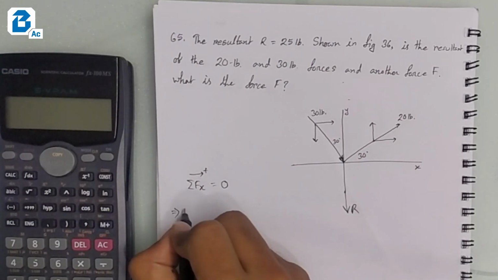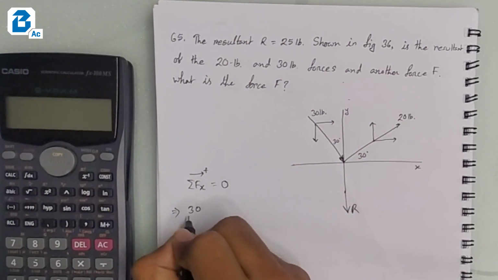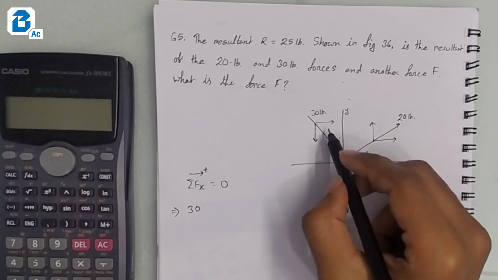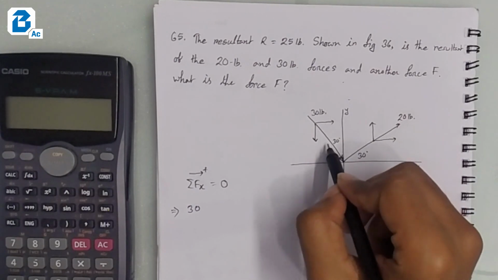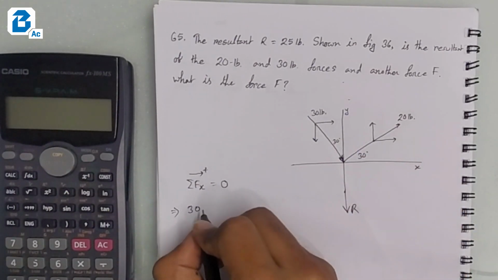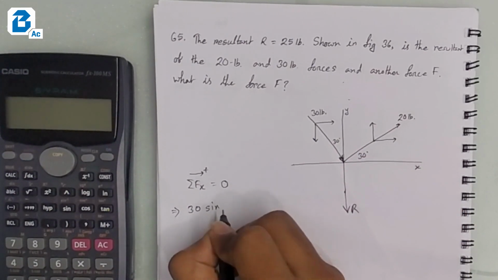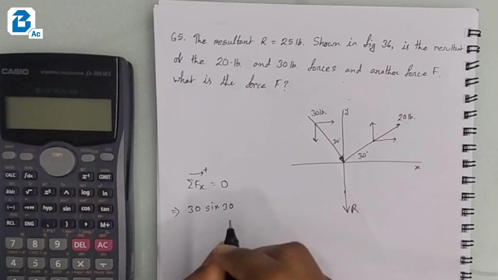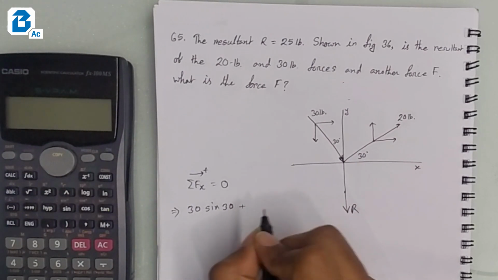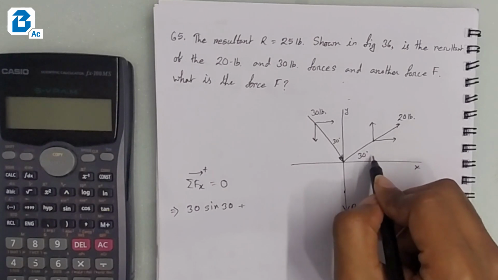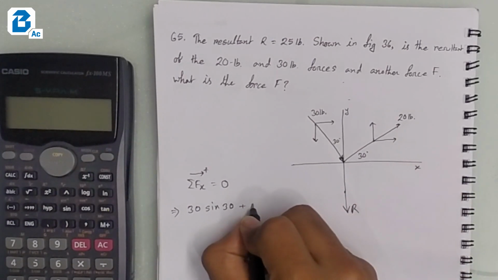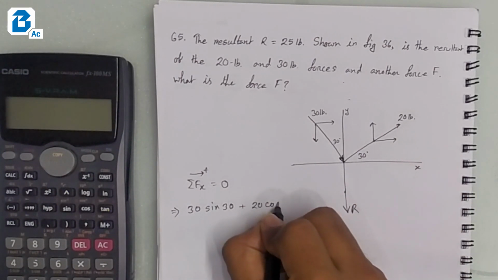So we can write 30, and because we don't know the angle with the horizontal force, we will take sine 30, plus, for the 20 pound we have an angle with the horizontal force, so we will use cos 30